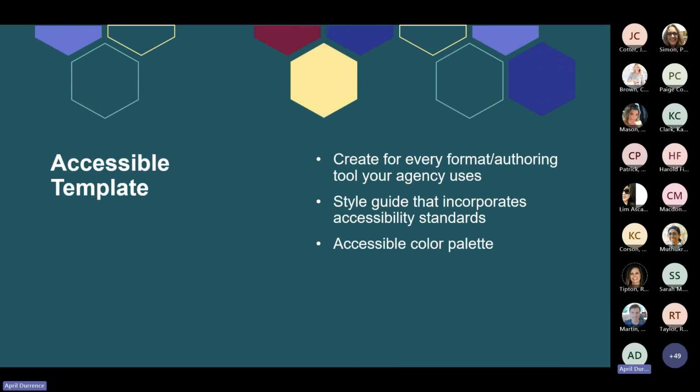Another time-saving strategy is to create accessible templates and have them ready to go when you're developing courses, or to provide to vendors along with your agency style guide that includes your accessibility requirements. Make sure your course template is using the latest version of the software. For example, Storyline updates frequently, so we need to update our template just as frequently. Use all built-in accessibility tools for the design process and provide them for the user as well.